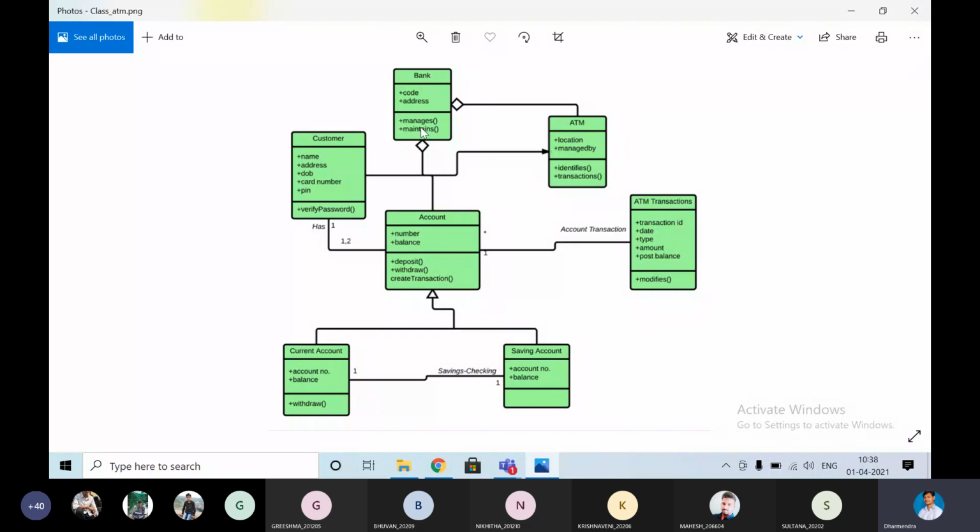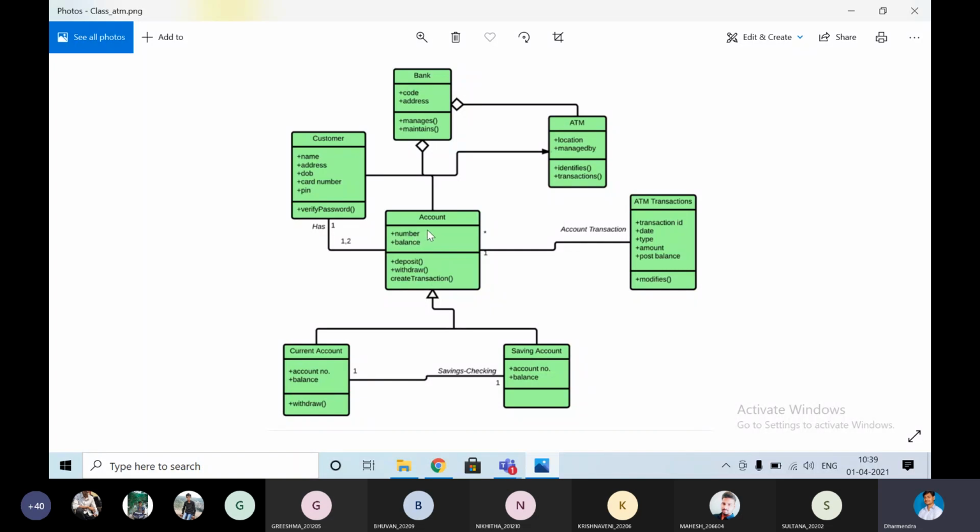Next, write the properties. What are the properties of this bank? Means operations, sorry. Operations: manages and maintains. So it is a bank, minimum operations they kept. Next, we can take this one or this one or this one, but we have to establish the relationship first. So let me take this ATM, bank and ATM. Better to take account, the second one, account.